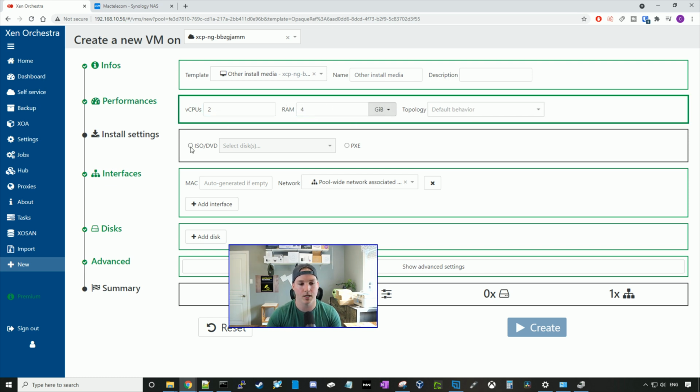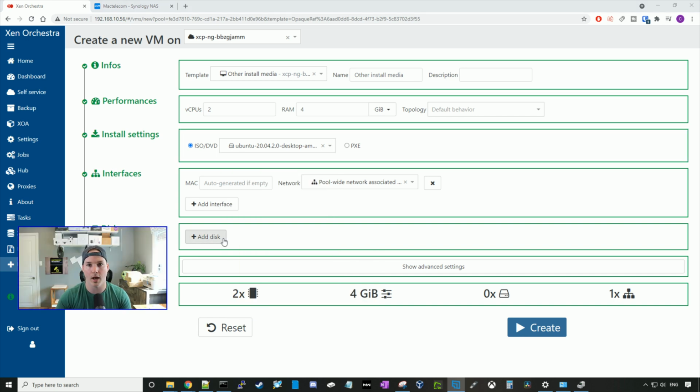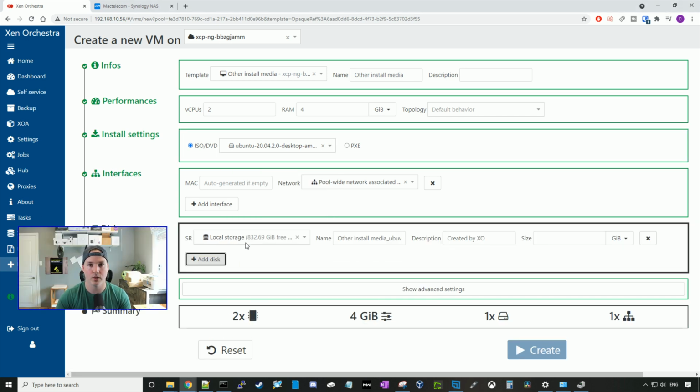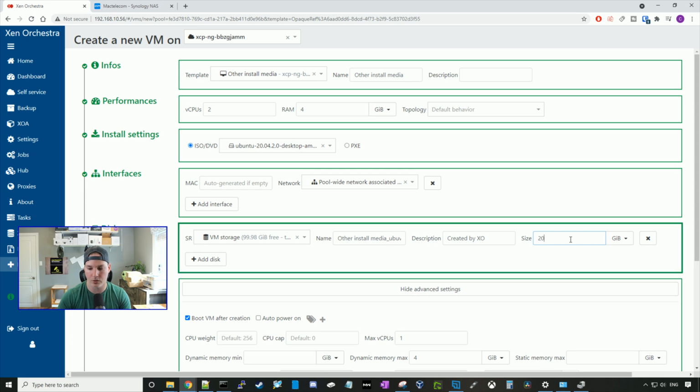For the install settings, we're going to select ISO, and then we'll select the disk. Under the SMB I created on the Synology NAS, we have our Ubuntu ISO. And then we're going to want to add a disk. So here we could add it to our local storage, or we could do it to our iSCSI. We have our VM storage here, and that's what I'm going to select. Now that we've selected the VM storage, we need to specify a size, and I'll give it 20 gigabits, and